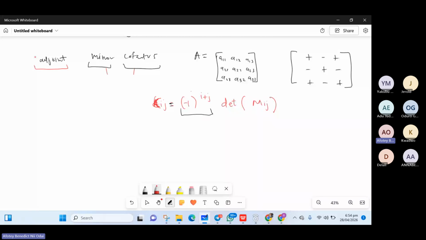All right, so we have a 3 by 3 matrix. The matrix of minors is the determinant of each entry. So I know it's some work, but let's break this down. So the minor of A11, right? What you have to do is cross this one, cross this one, then you get this matrix. So the minor of